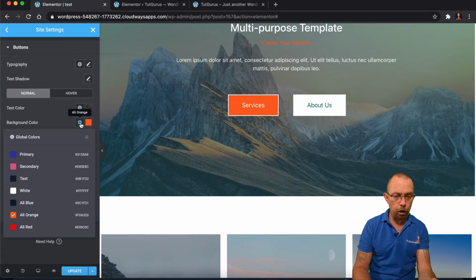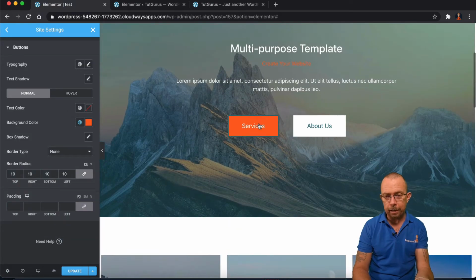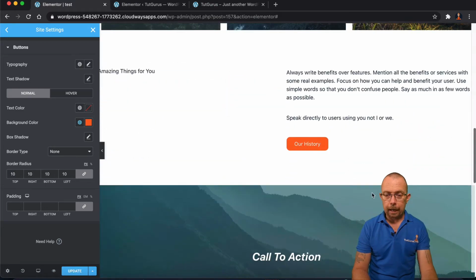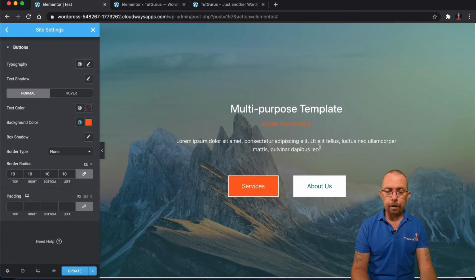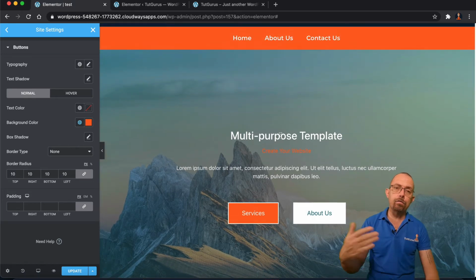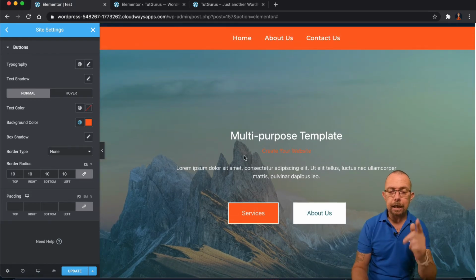So, let's say I want these buttons to be orange, which you'll notice that when I've applied my Ali orange, my global color, it's applied it to this button, didn't apply it to this button, and it applied it to this button here. Now the reason it didn't apply to these other buttons is because these buttons are being overwritten. They've been created inside of the style.